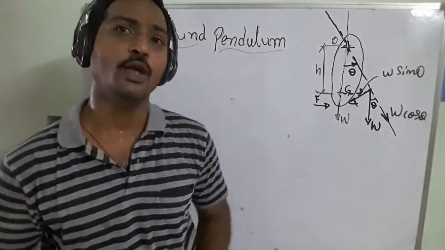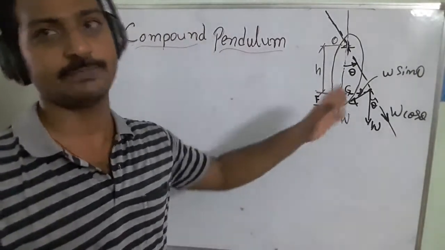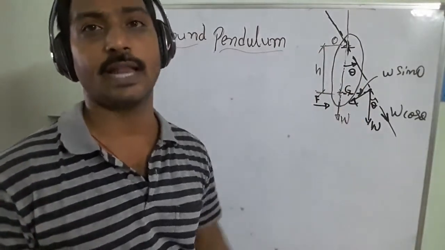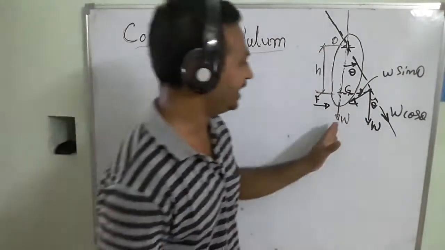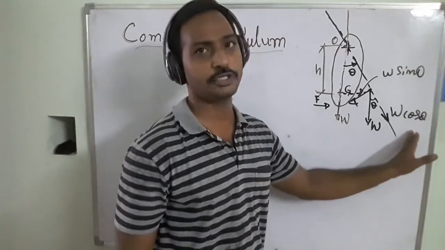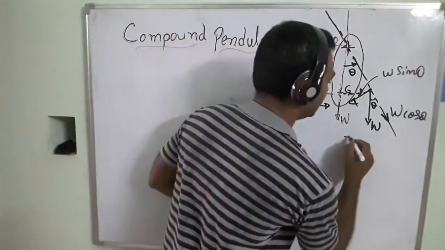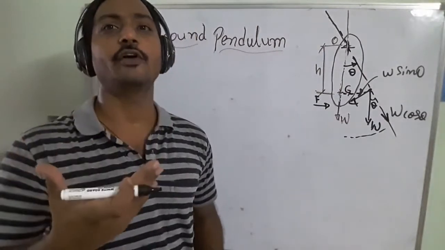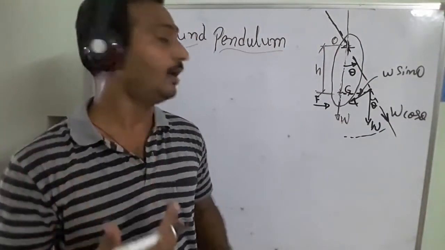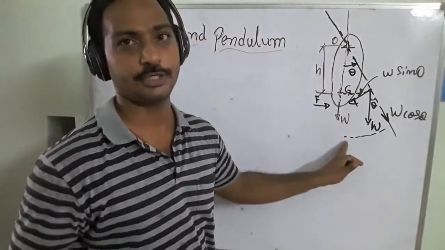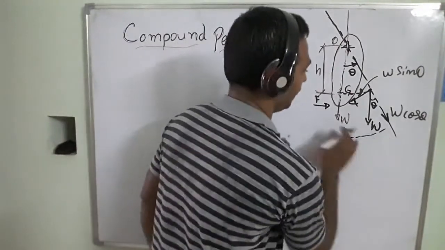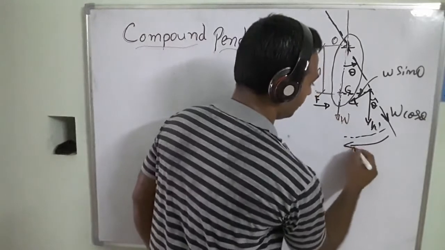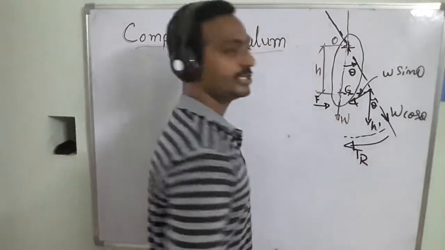Now tell me, what forces are going to be acting on this member? Suppose I draw the free body diagram for this one, what forces are acting on this member? As we know, when it is shifted from the mean position to the new position and starts to move in this direction, there is a restoring force acting on it to bring it back to its original position, right? So when the object is trying to move towards the right side, a restoring torque is going to be generated on that system.